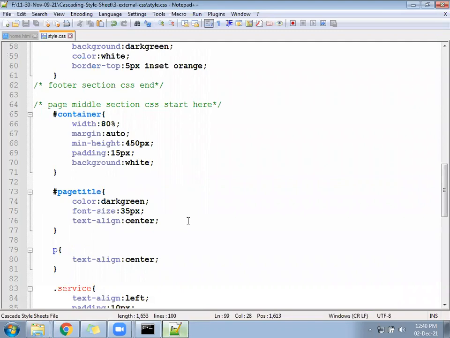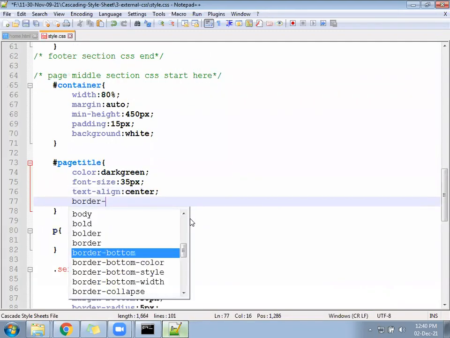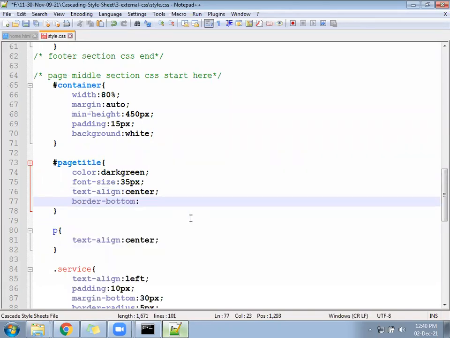Where is the page title? We remember one property, border-bottom. Border bottom 1 pixel, solid orange color. So text will be green color and below one line will come in orange color.